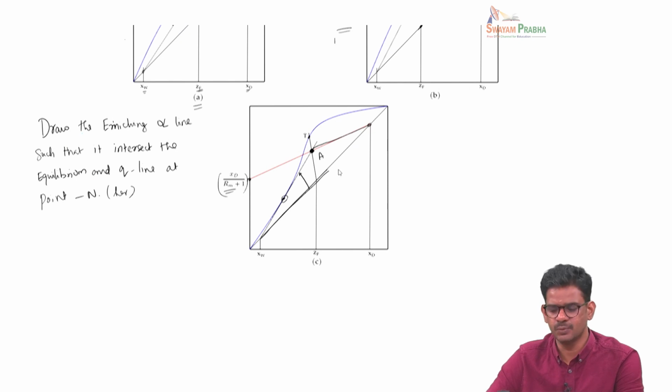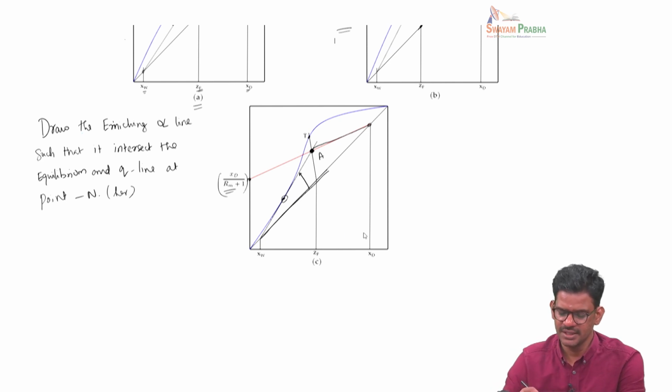In some other cases where you have the equilibrium line, the minimum reflux ratio has to be obtained from considering the exhausting line operating conditions. So in this case, we start with the exhausting line at 45-degree line and then increase the slope in such a way that it touches this equilibrium line at this point, and then extend this line to the q line, and this meets at point A, and then we connect point A